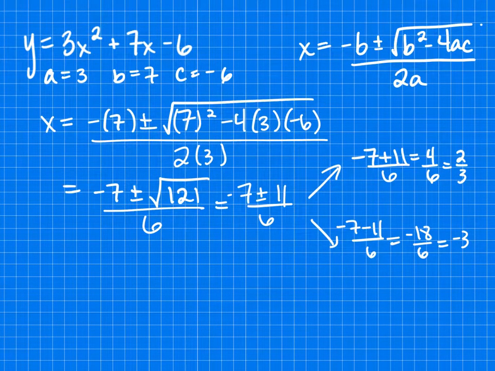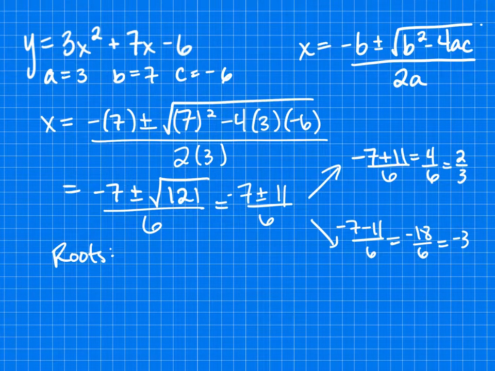So what we have here is our b values plugged in, our a value, our c values, simplified down. Follow that whole thing: square root of 121 is 11, do the plus up here, negative 7 plus 11 divided by 6 is 2/3, and minus 11 is negative 18 over 6, which is negative 3. So those give us our roots. They don't directly give us our factored form,